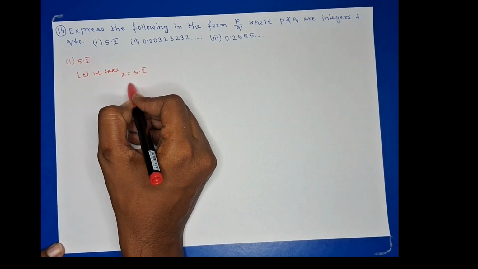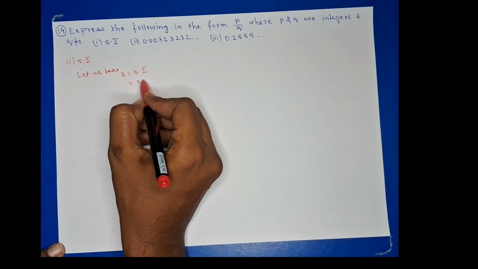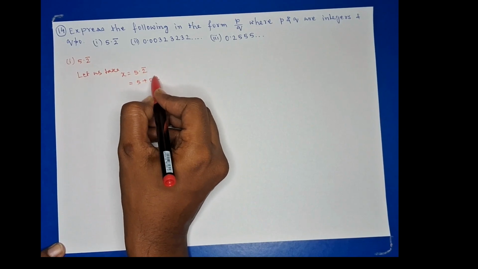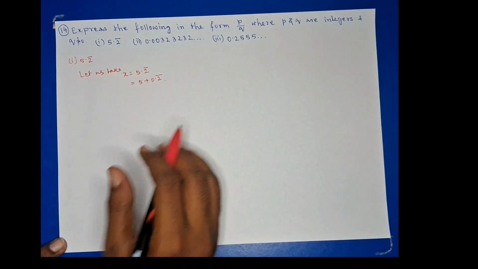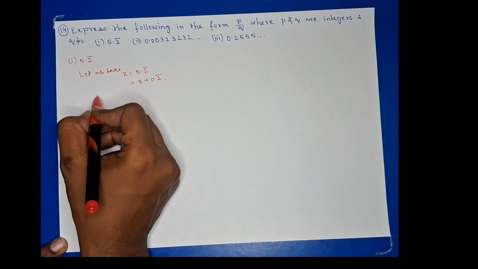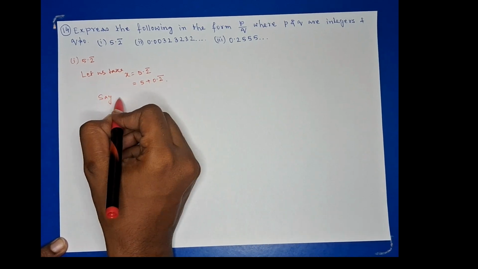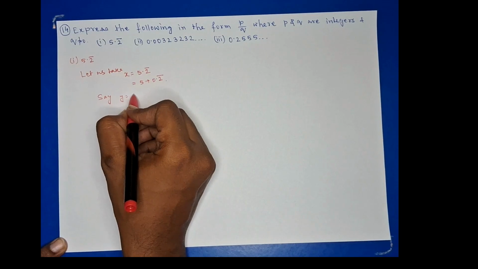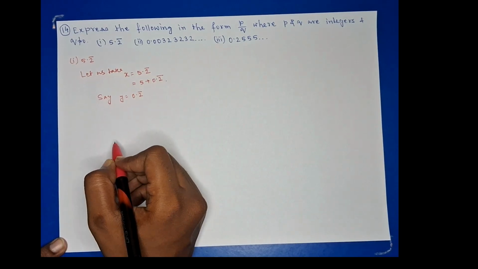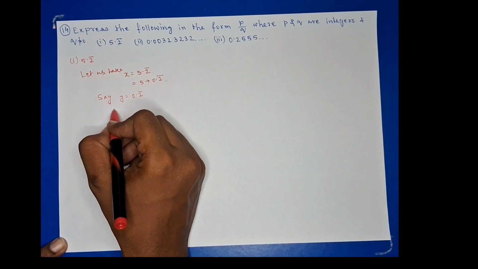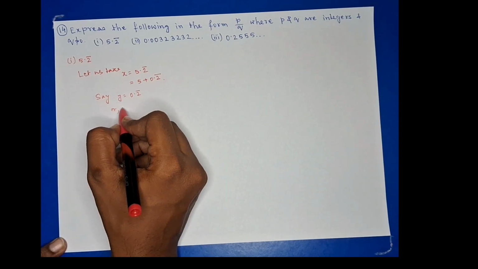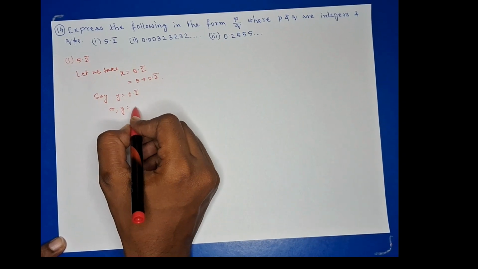We can write it as 5 plus 0.2 bar. Then say y is equal to 0.2 bar, or we can write it as y is equal to